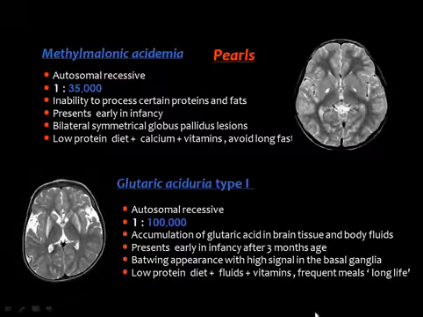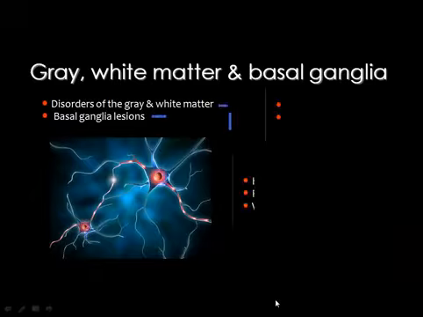The imaging finding is also characteristic, in the form of bat wing appearance of the sylvian fissures, frontotemporal atrophic changes, and high signal intensity in the basal ganglia, which will show restricted diffusion denoting ischemic changes. The diet treatment of these patients will include a low protein diet, a lot of fluids, a lot of vitamins, and also, very important, frequent meals. This treatment is lifelong